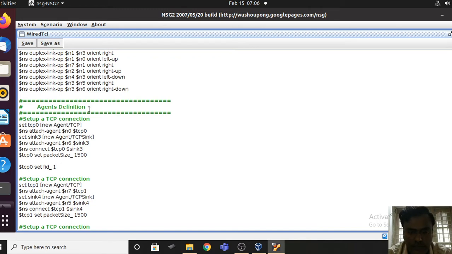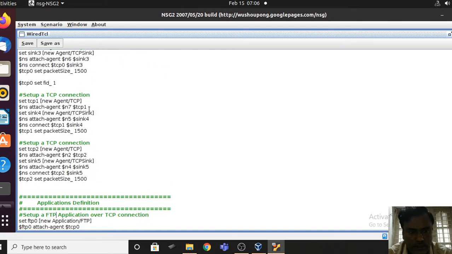So that same thing you have to do for the rest. TCP1, that is middle one. It is transferring data from N7 to N5.